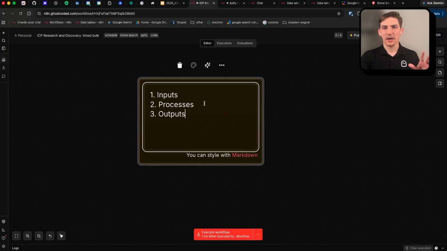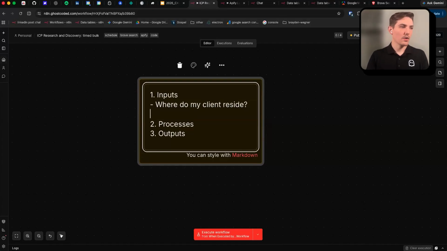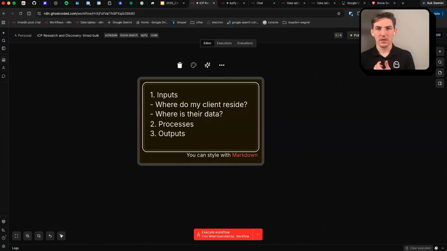The reason I like to break it down into these three categories is because whenever you're designing a system to do research and discovery, you first have to ask, where do my clients reside? The question you should ask yourself is, where is their data? So for example, in this given use case,